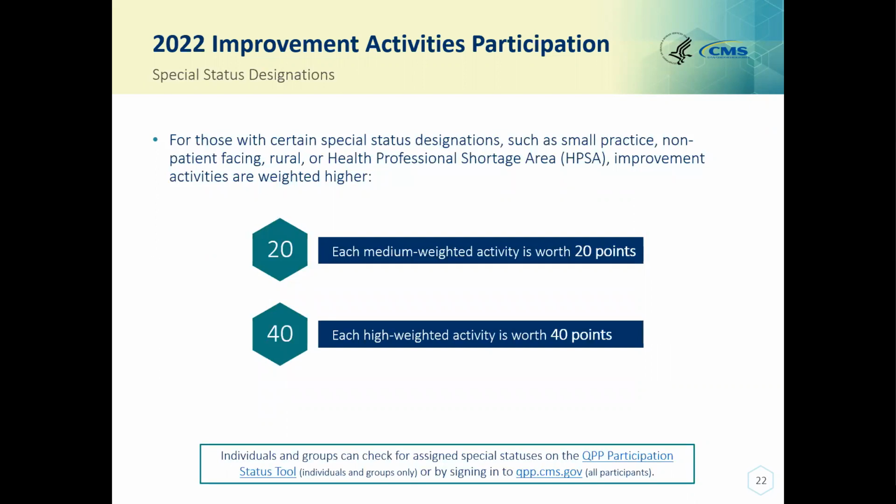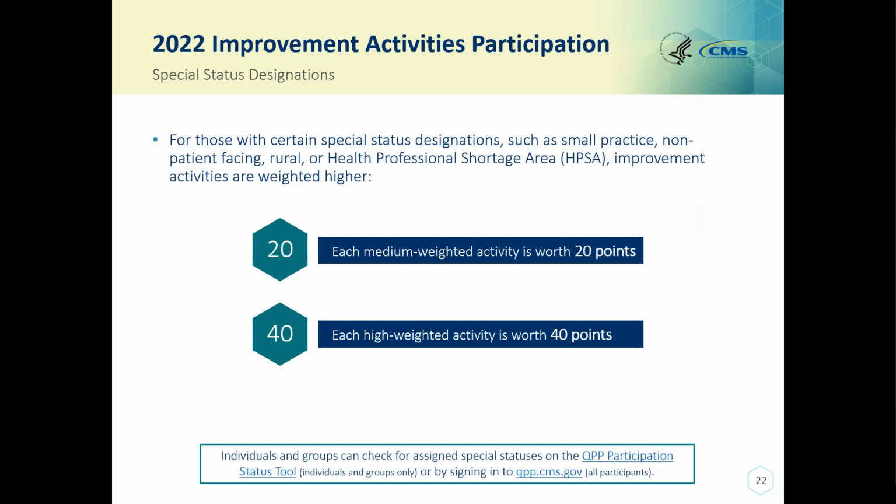So, the other thing to mention too is that for the clinicians with the special statuses that we talked about a little bit, the small practices, the non-patient facing, rural or health professional shortage area, IAs are higher weighted. So if you're in one of those areas, then your medium weighted IA is going to be worth 20 points and high weighted would be worth 40 points. There's a little box here at the bottom. You can check your special statuses on our QPP